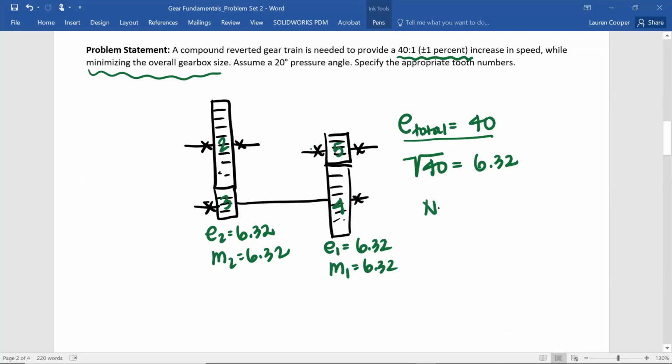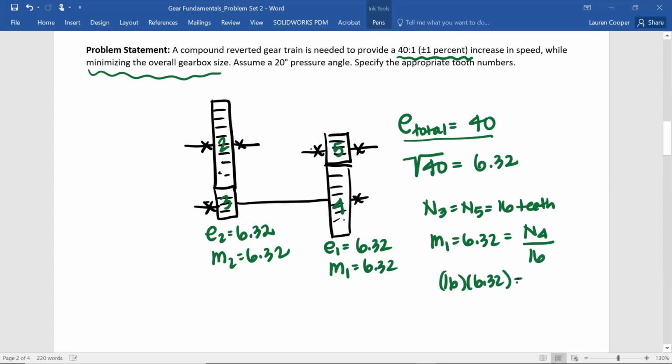So we'll say N3 equals N5 equals 16 teeth. And we'll just take M1 equals 6.32, and that would be N4 over 16. So 16 times 6.32